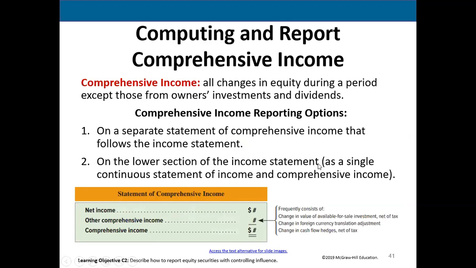Now, let's talk about this comprehensive income. Comprehensive income is exactly what it sounds like. Net income, the income statement, just reports items the FASB feels are very important for investors to look at when it comes to the company's overall ability to make a profit. The FASB feels there are certain items that it would be irresponsible to report directly on the income statement and affect net income directly.